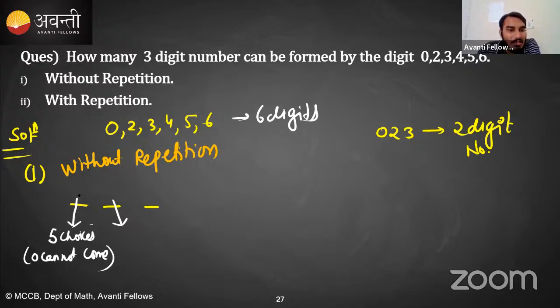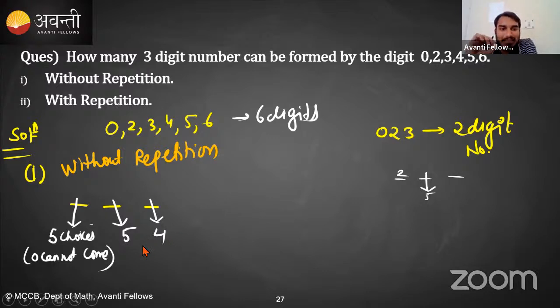So now let's say the number 2 is on the first place. Repetition is not allowed. So the total digits are 6, and now we are left with only 5 choices. So for the second digit, we are left with 5 choices. Corresponding to each of which the third place can be filled in 4 ways. Yes or no? Is this clear? So the total numbers are 5 into 5 into